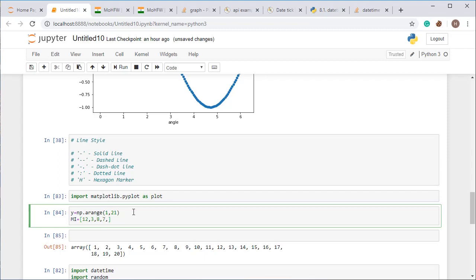In this manner, Mumbai has scored runs in the IPL. I am assuming a match. I have to take 20 values, so I'm taking 2, 3, 4, 5, 6, 7 values. Now 8, 9, 10, 11, 12, 13, 14, 15, 16, 17, 18 and 19 values, and the last one is the 20th value.